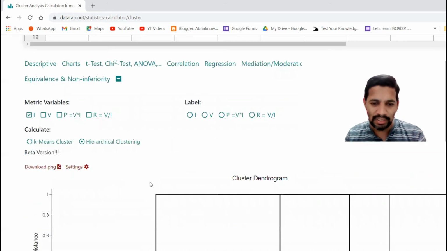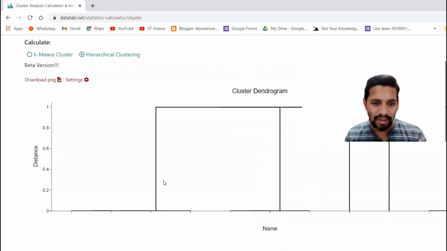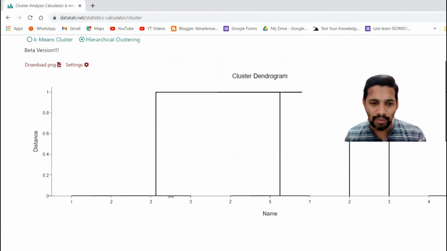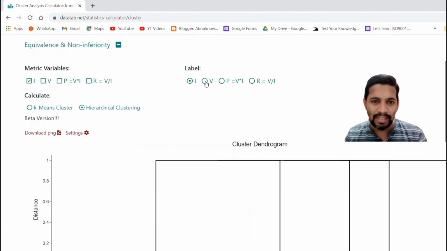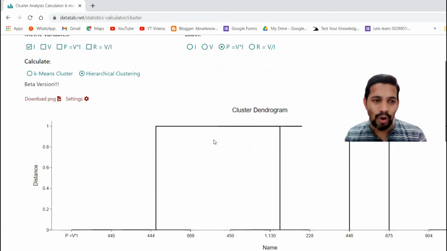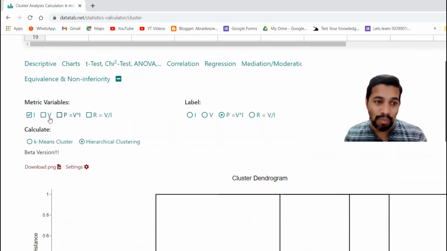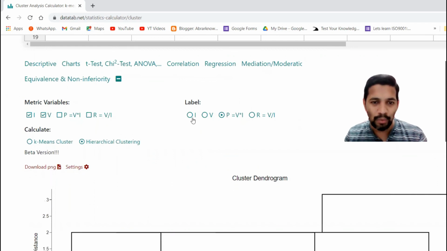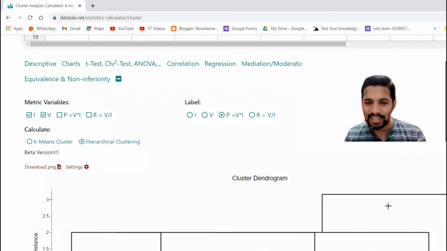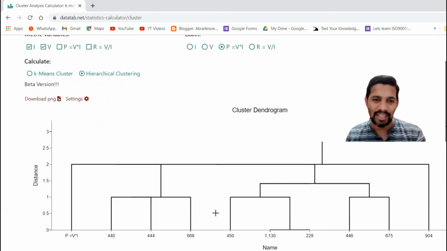So this is the current one, and what label I want. Let's say current label. So this is the current label, and let's say voltage, how it has happened, and what is P. P, you can do that. Or you want multi variables, right? When you take multi variables, it will be more interesting. Maybe 2 examples I can take. So you can see here, all these it has given. So it has given the clustering of the data.